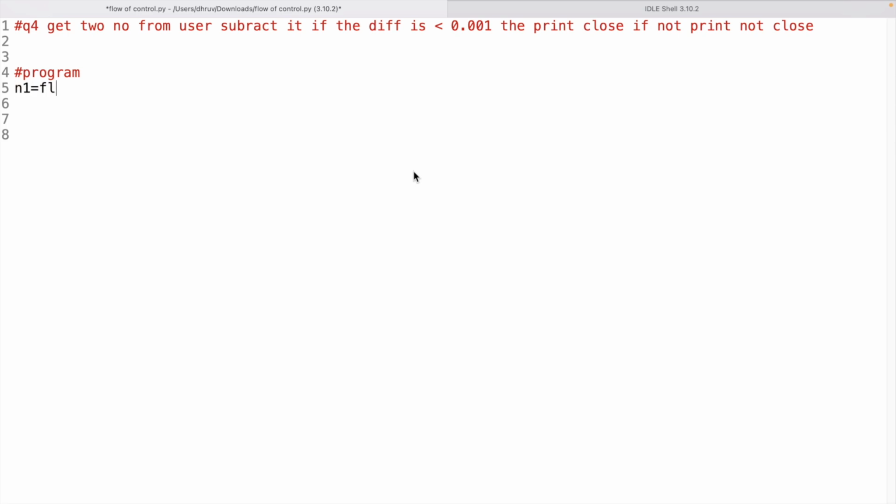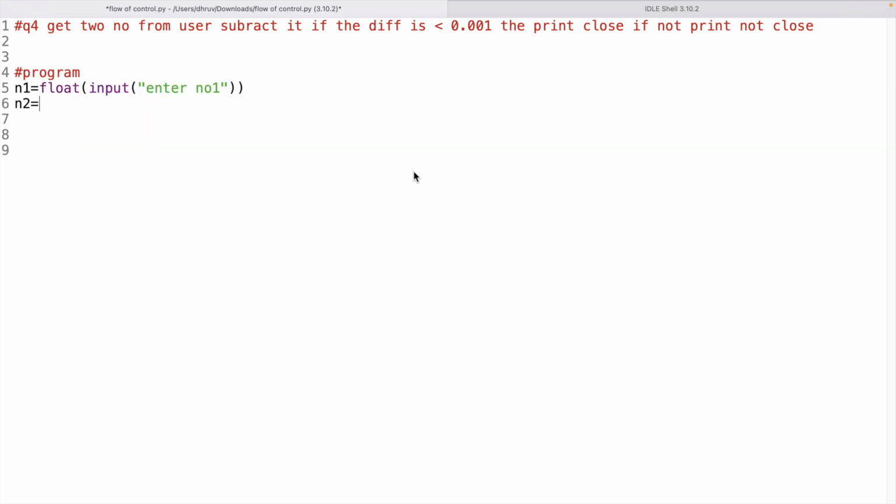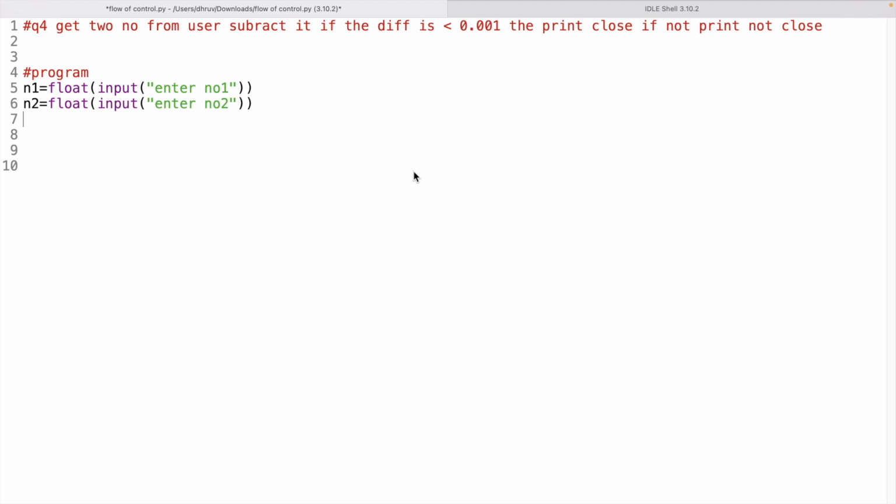N1 equal to float input, enter number. N2 equal to float input, enter num2. Now we have to find the difference. So A equal to n2 minus n1